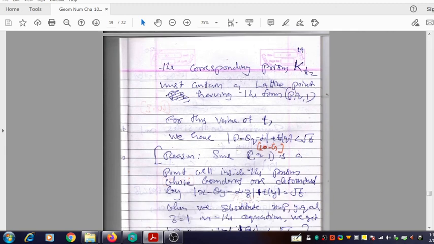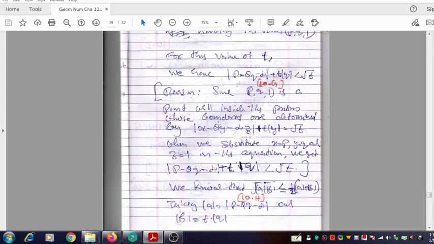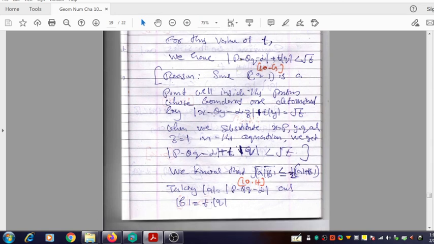For that value of t, the lattice point p, q, 1 belongs to that prism, and when we substitute it in the previous equation, we get the inequality given here by replacing x and y. Since p, q, 1 is a point well inside the prism,